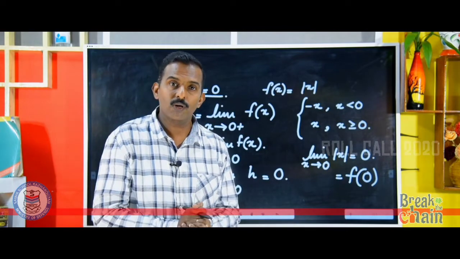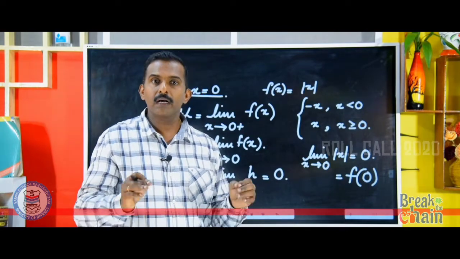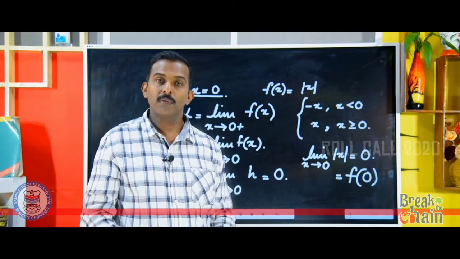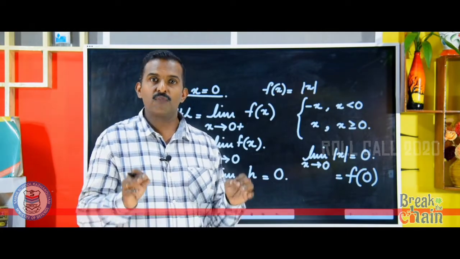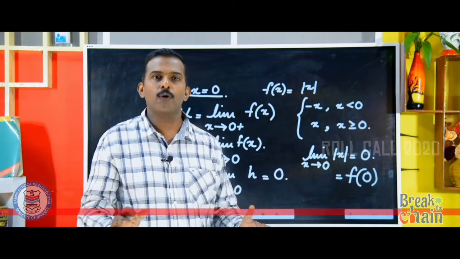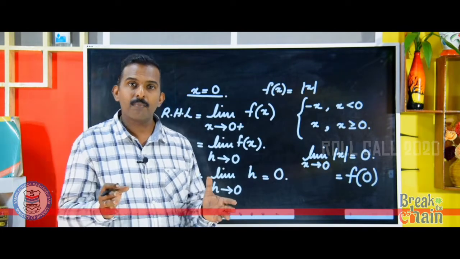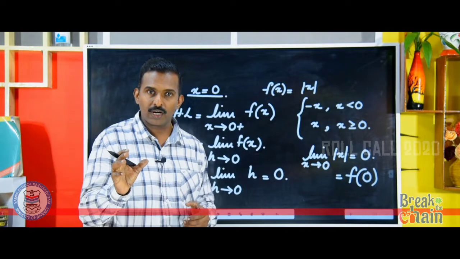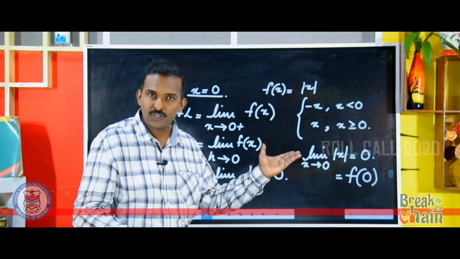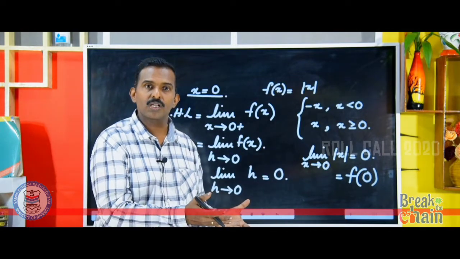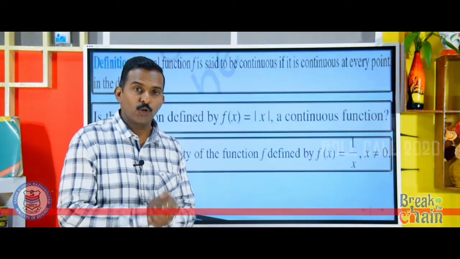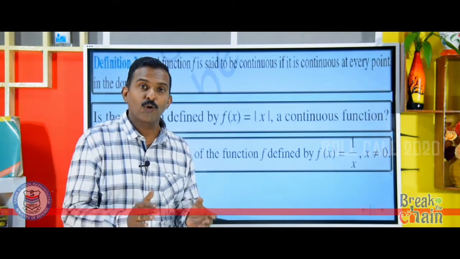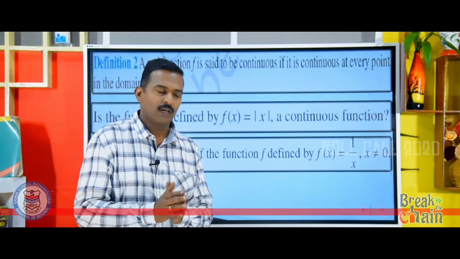Therefore, f of x equal to modulus function can be termed as a continuous function, because continuous function means the function is continuous in its entire domain. Therefore, the next example that you can take is the modulus function, an example of a continuous function. Already the linear function is continuous, and the modulus function is also continuous. Therefore, we have told one example, f of x equal to modulus function, it is a continuous function.